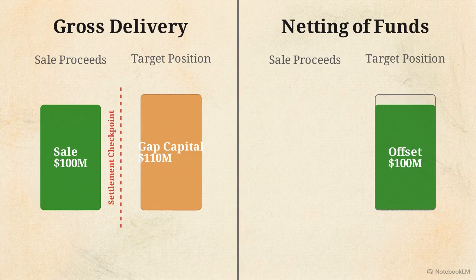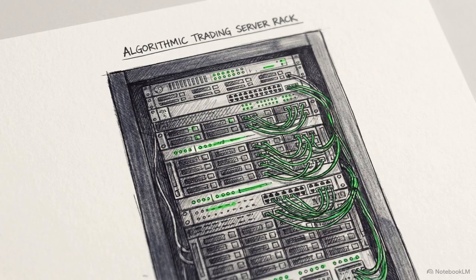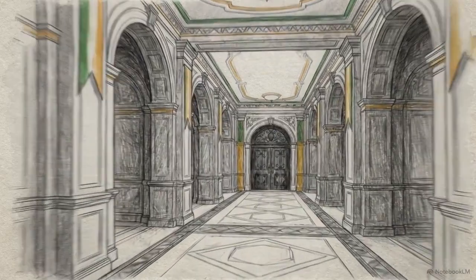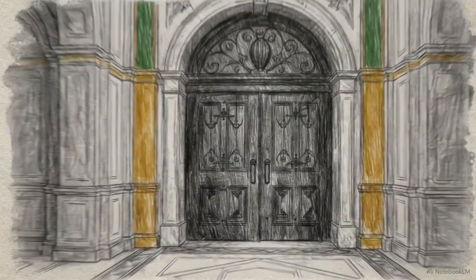Under the netting proposal on the right, the proceeds of a sale flow directly into an offset for a purchase obligation. The FPI only has to fund the net difference. Permitting net settlement directly eases liquidity pressures. It eliminates the need for expensive short-term gap funding, allowing FPIs to match the JP Morgan index rebalances with far higher capital efficiency. The settlement plumbing is streamlining, but the direct cost of executing those trades shifted under the 2026